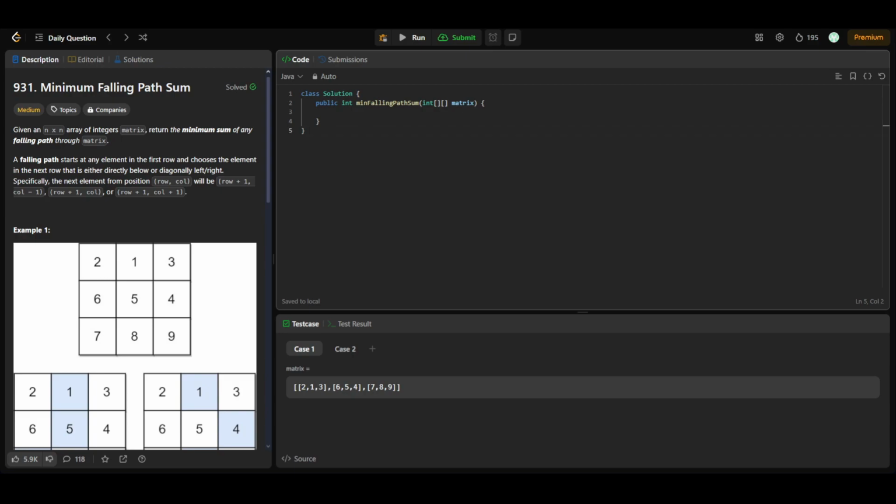Hello people, so let's solve today's LeetCode daily question, that is 931 Minimum Falling Path Sum, and in this we'll be given an n by n array of integers matrix, and we have to return the minimum sum of any falling path through matrix. Okay, and a falling path starts at any element in the first row and chooses the element